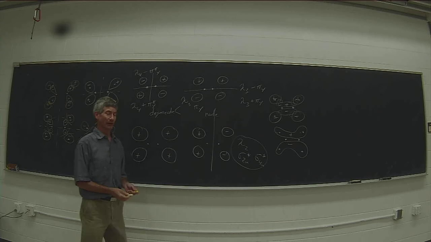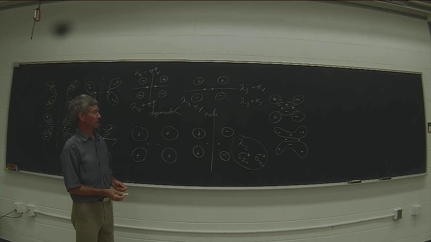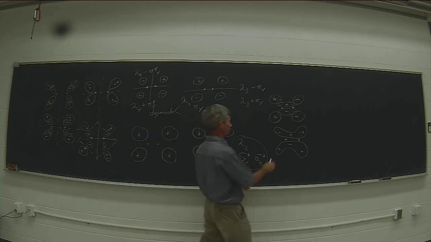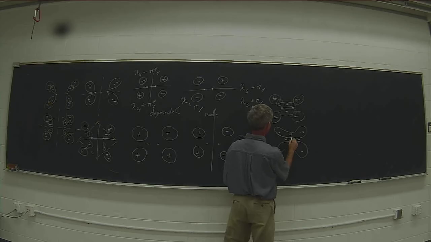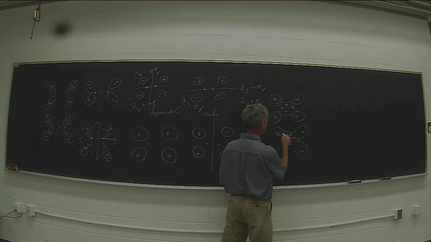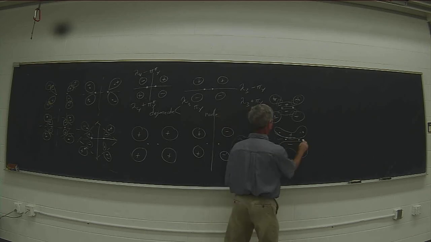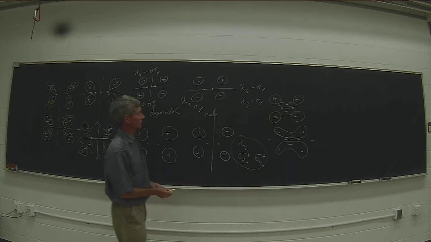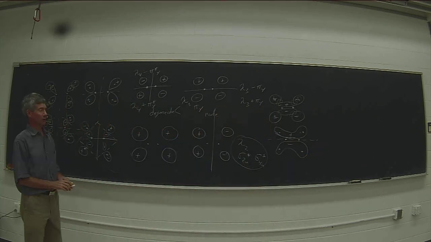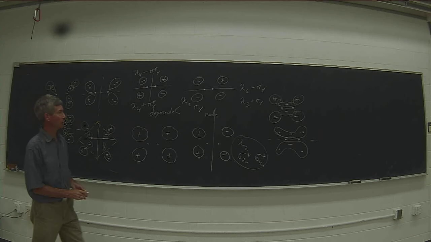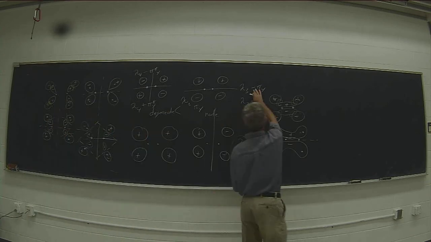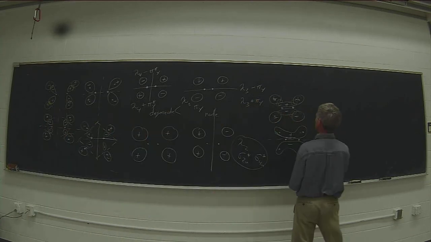It's bonding with respect to the carbon-carbon bond in a pi fashion, and it's bonding in kind of a sigma fashion with respect to all of the carbon-hydrogen bonds at a single node. So that's a relatively low energy orbital with just a single node. The anti-bonding combination, lambda 3 minus pi y,